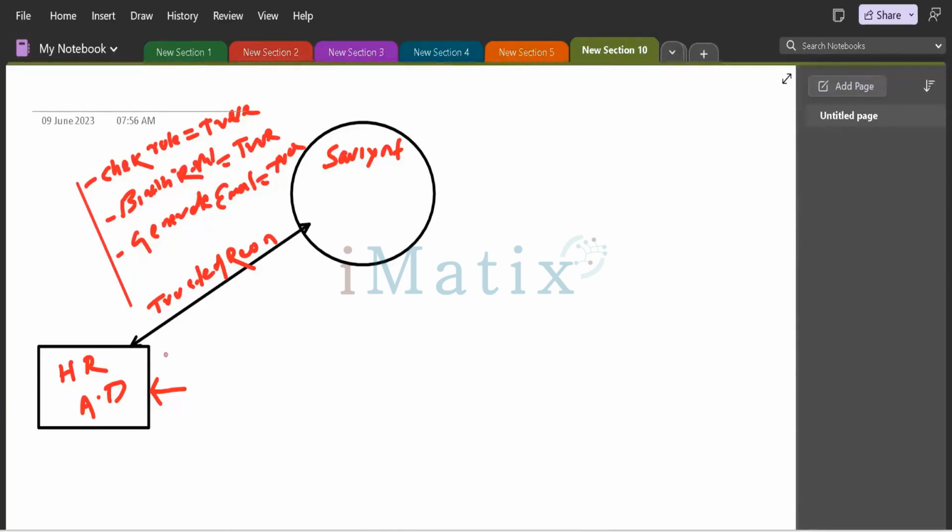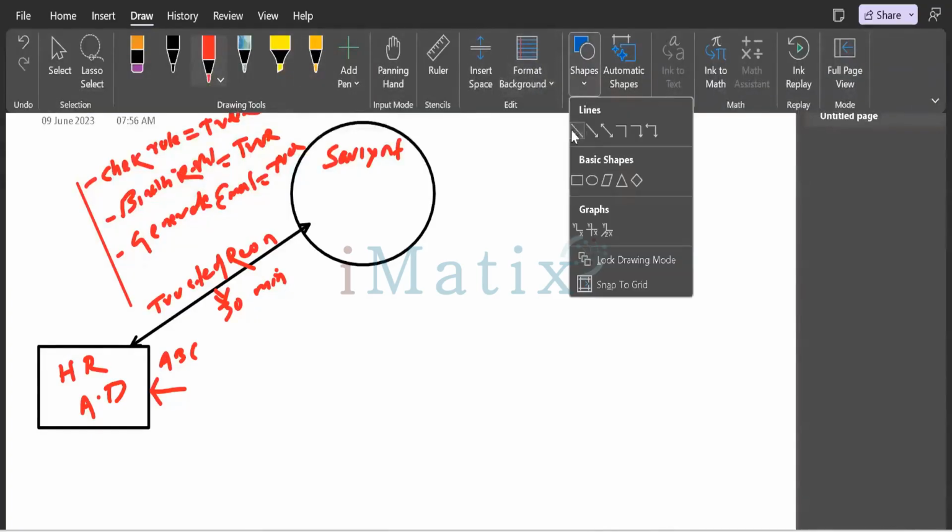What happens the moment we onboard a user? Let's say this ABC user. We onboarded to our trusted source, or that is Active Directory. When it is time to run the trusted recon job, let's say our trusted recon job runs every 30 minutes, right? Once the job runs, it takes all the parameter values. What is mentioned, like check rule true and birthright true, it is trying to accommodate. While the job is running itself, it is trying to check if any of my